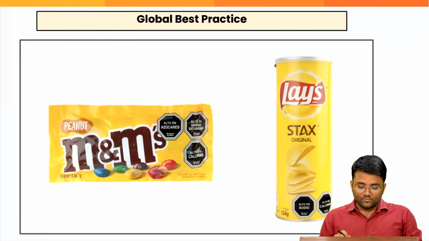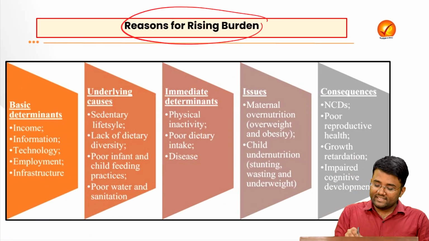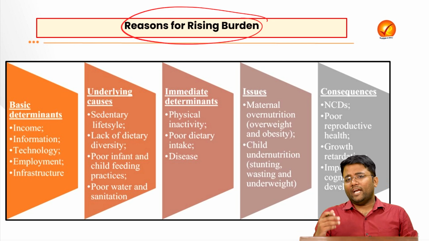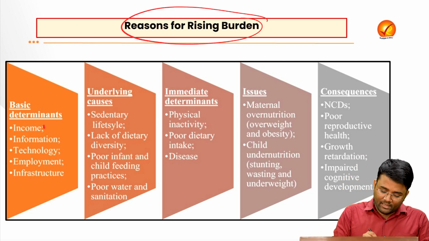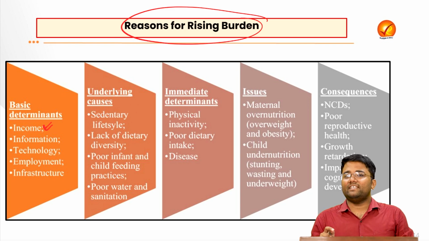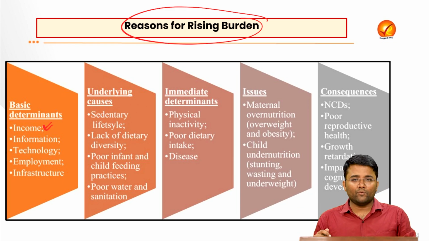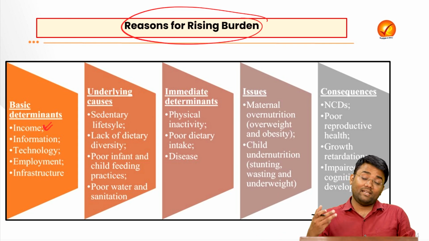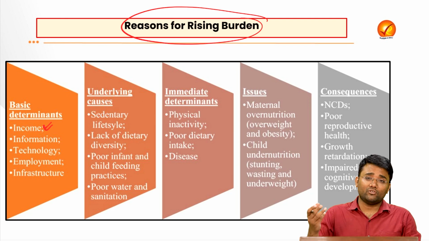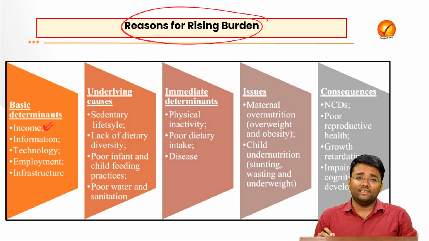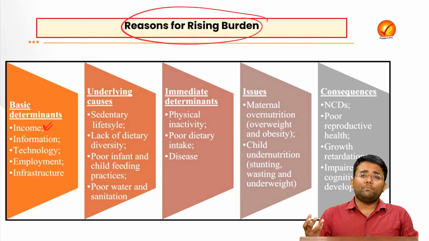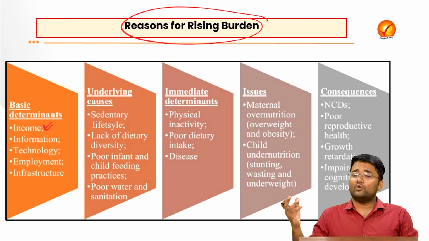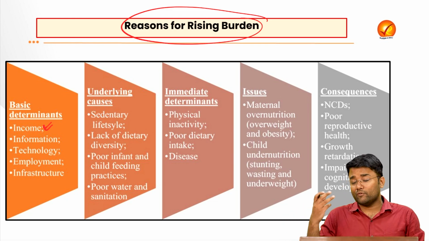There are various reasons for this rising burden of non-communicable diseases, as well as obesity, etc. The income of people is increasing, and when income increases, obviously they can afford ready-made, ready-to-eat foods. They can afford Swiggy and Zomato, etc., although most of them would be facing difficulty at the month end. Because of this increase in income, people are preferring processed foods, ultra-processed foods, as well as ready-to-eat foods. Again, they are not preferring to go to the kitchen and cook food on their own.